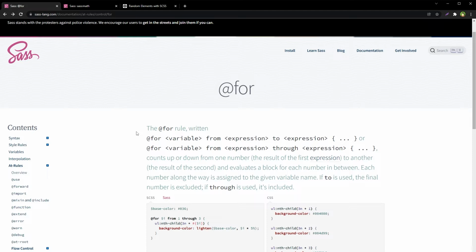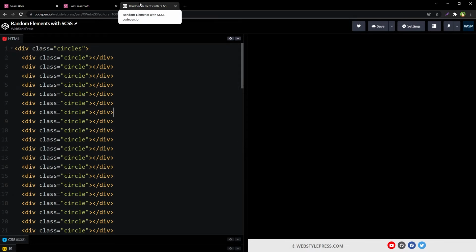We are achieving it by using random function and for loop in SASS. If you use CSS, you will have to write a lot of CSS for nth childs for this. In SASS, we can use functions and loops to save a lot of time to create amazing things. After you have random elements, you can create backgrounds with them. You can apply animations to these elements. Possibilities are endless. Let's create random circles at random distance in CSS.